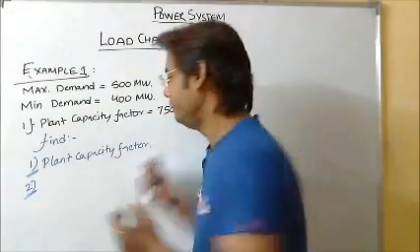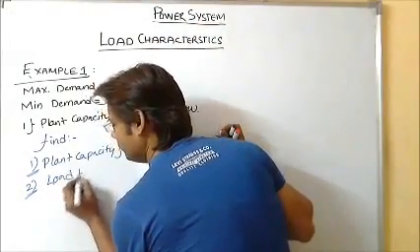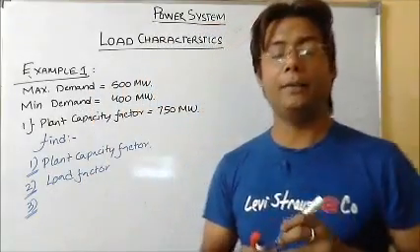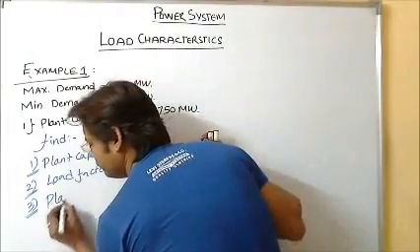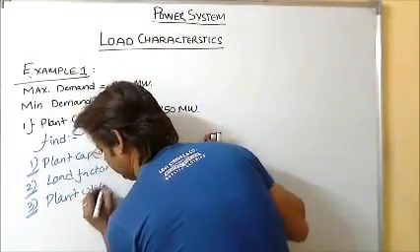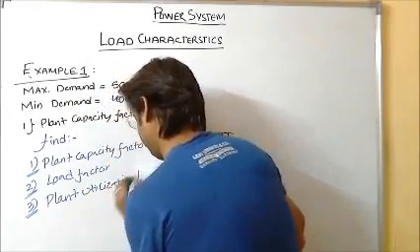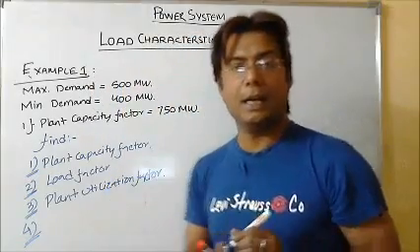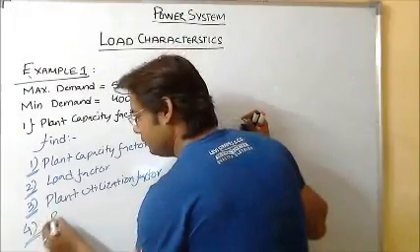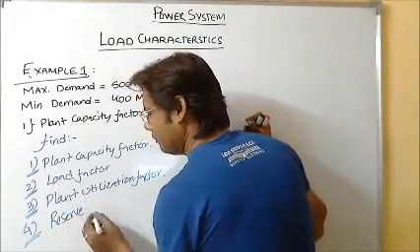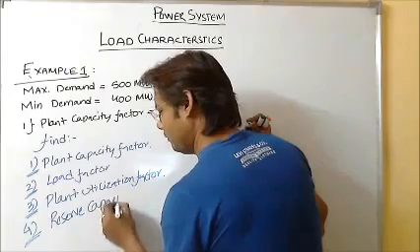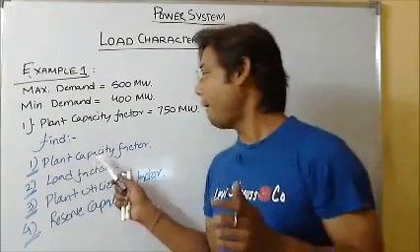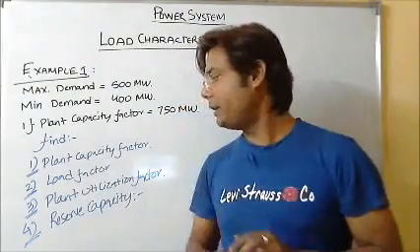Second, the load factor. Thirdly, the plant utilization factor. And lastly, we have to find the reserve capacity. We have to find 3 or 4 things actually: the plant capacity factor, plant utilization factor, the load factor, and